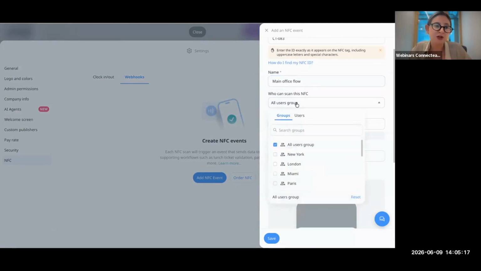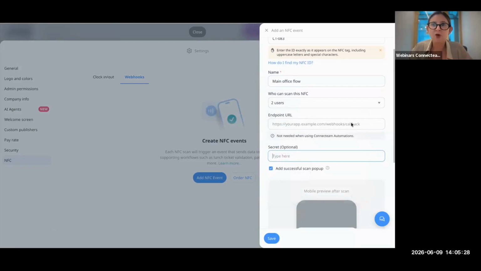Then you can define which users or employees can use this NFC tag. So you can either have it by groups or by specific users. Then you'll want to add an endpoint URL for the external system or action you want to trigger. If you're using Connecteam automations, the internal tool, you don't have to have an endpoint URL here. So the endpoint URL, if you want an external system, you put in this box here, and that will mean that whenever an employee scans an NFC tag, Connecteam will send the webhook to that endpoint, allowing the workflow to run